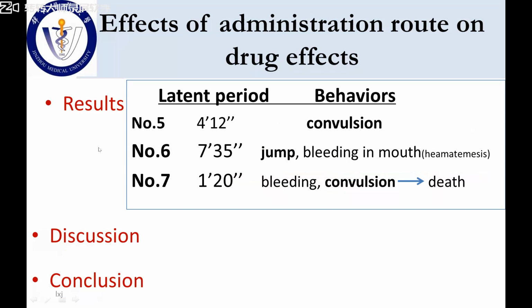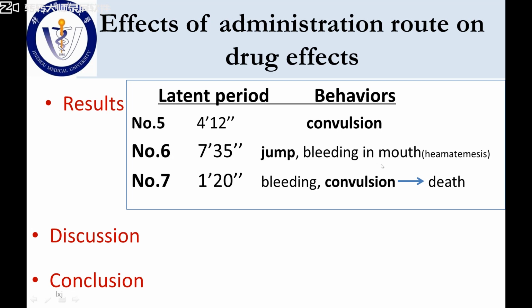For number 5, the behavior of the mouse is convulsion. The latent period to show this convulsion for number 5 is 4 minutes, 12 seconds. You know, number 5, you administer nicotinamide by subcutaneous injection. But for number 6, its behavior is jump. It means its stimulating effect is relatively mild, but this number 6 also has